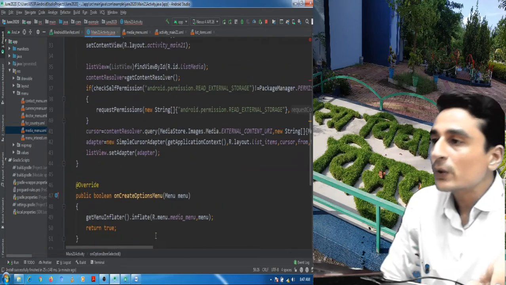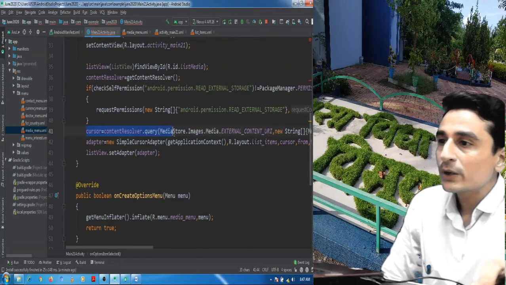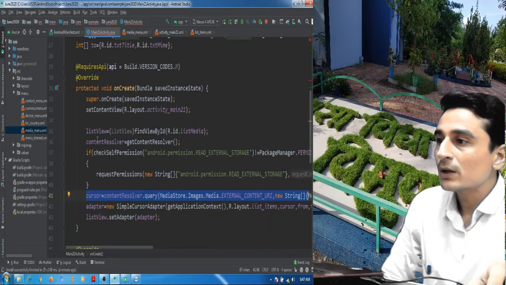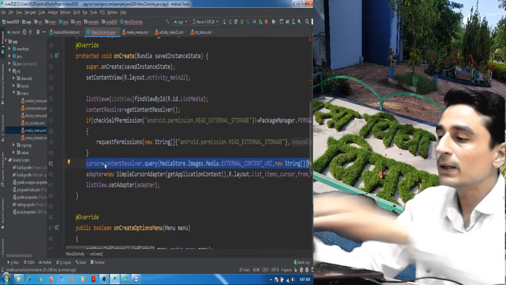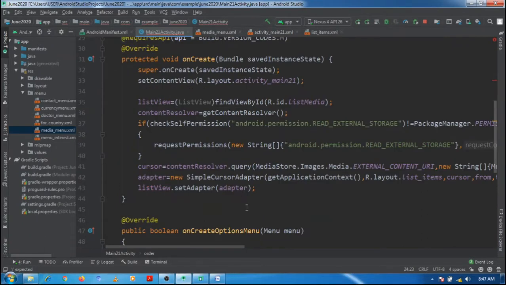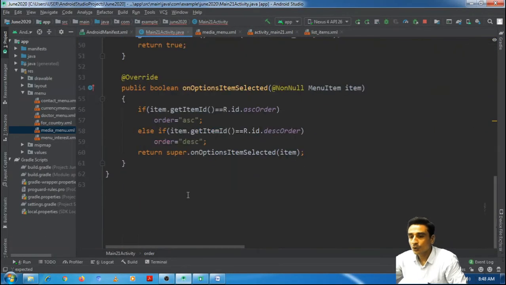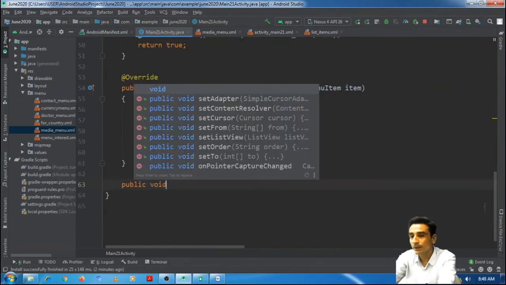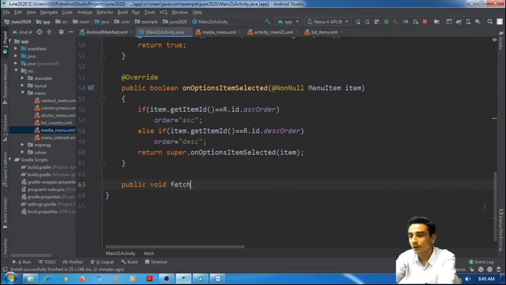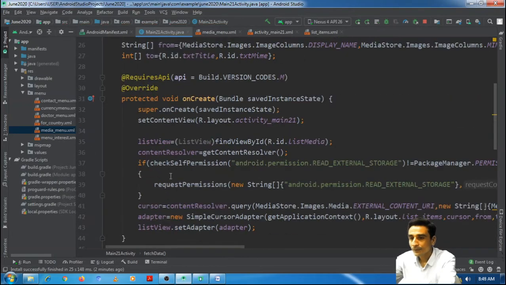Now after doing this much, I should query again. So the same query which I have written in onCreate should also be written after this. So we should do one thing here. We should define one method, public void fetchData, and we should write here the cursor adapter.